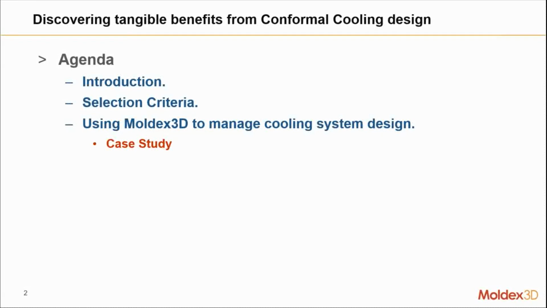So yes, you can guess at cooling system layouts, but there's also numerical ways, data-driven ways to assess different configurations of conventional cooling circuits as well as conformal cooling circuits. And so what I'm going to advocate this morning is that we use data to make these decisions. And in the case of a comparison between a conformal model